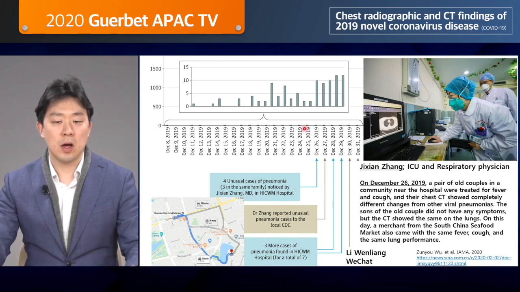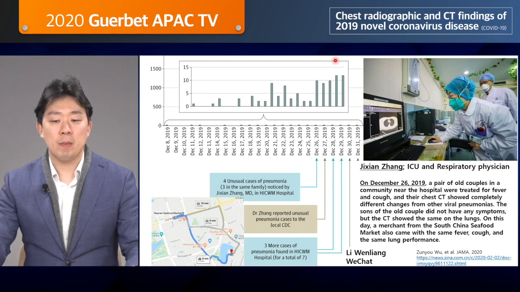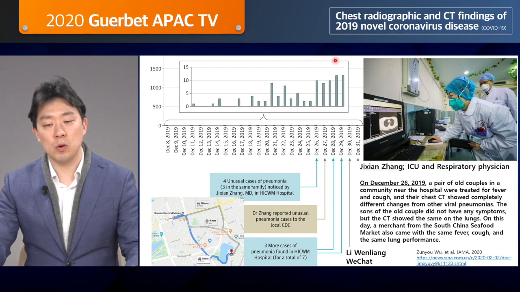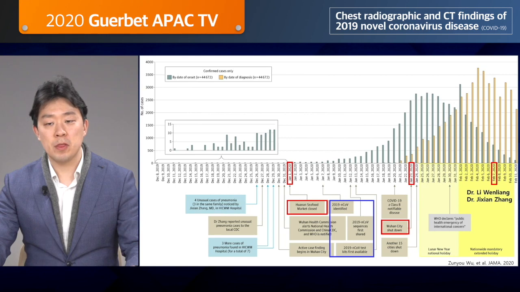I searched the hospital where Dr. Zhang was affiliated on Google Maps. The hospital is 9 minutes apart from Huanan Seafood Market by car. Unknown pneumonia became a social issue when Dr. Li Wenliang posted it on WeChat on December 29th. The coronavirus was identified on January 7th, and the sequences were shared rather quickly. The Huanan Seafood Market was